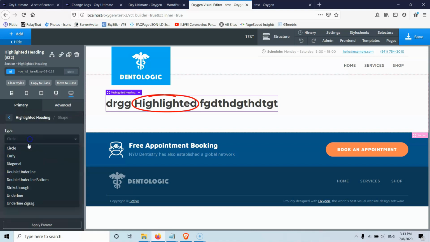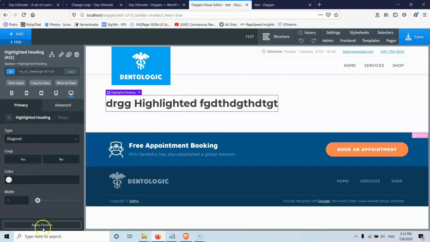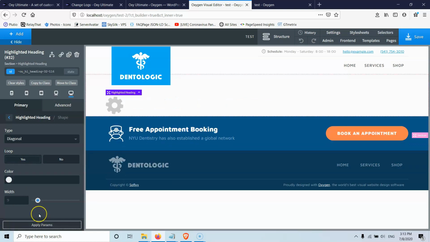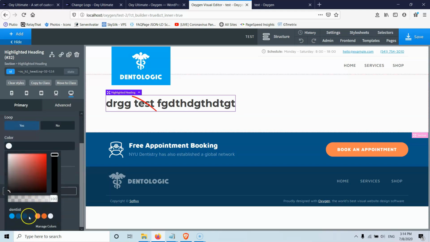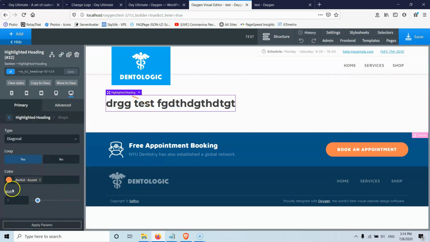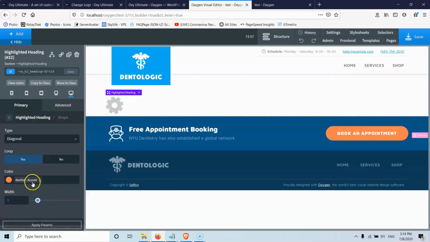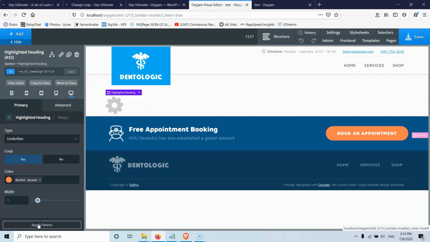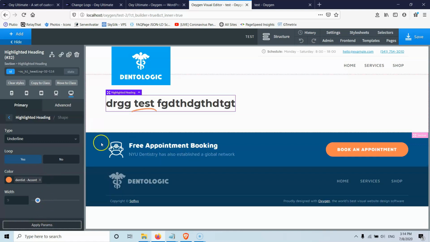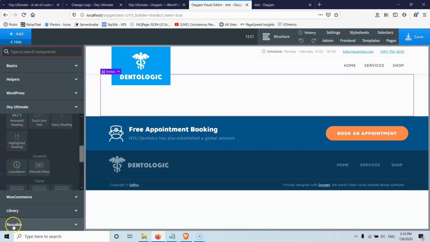And we can have the shape of the circle, diagonal, diagonals. Loop, yeah, I want to loop it, not see it only once, and the color should be this orange. If I want the width to change, and hit apply, and also I can go for something else like underline or underline zigzag. So let's delete that.